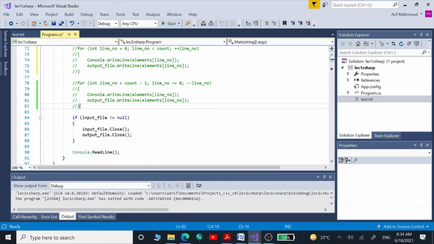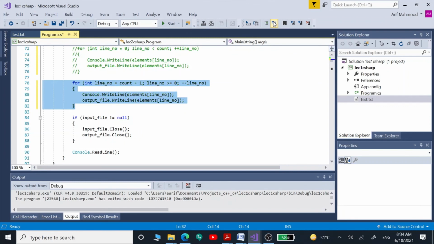So what we are going to do is include these code lines, and we are going to run the for loop in a reverse direction, starting from count minus 1 and going down to 0, decreasing it using this minus minus. And then we are going to use this code line to display those onto the console window, and then we are going to use this code line inside this writeLine function.